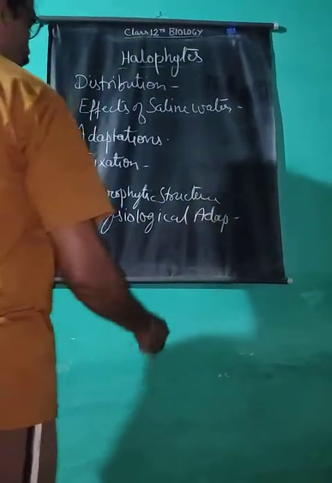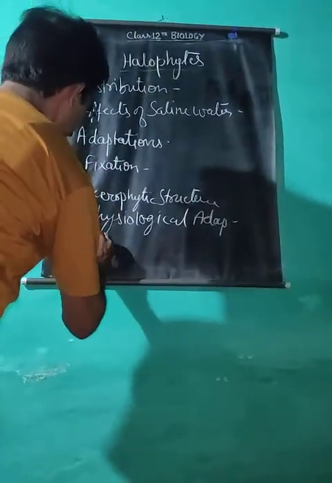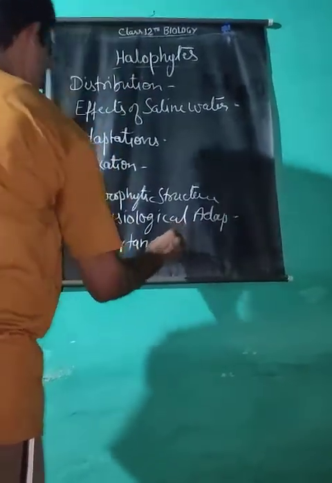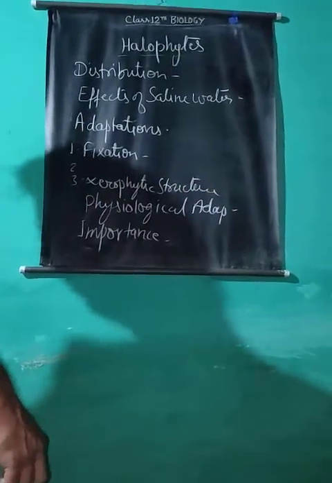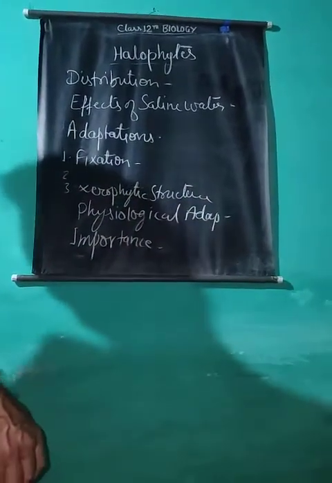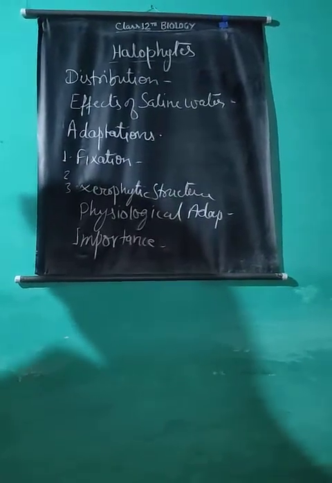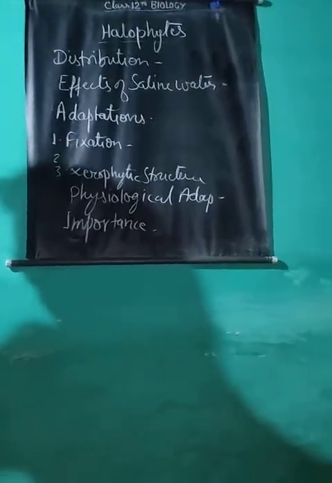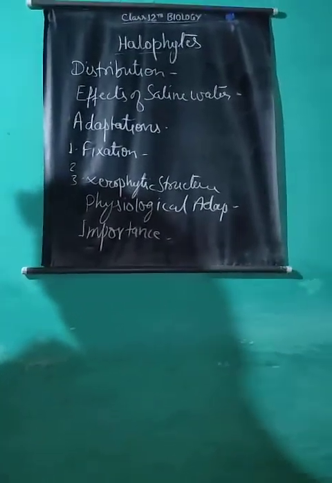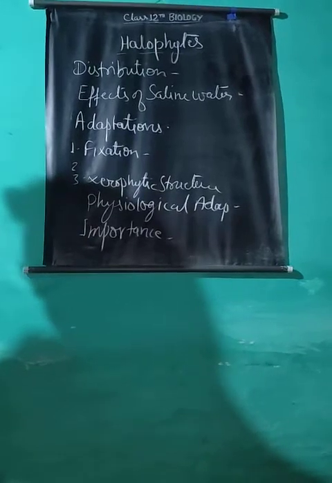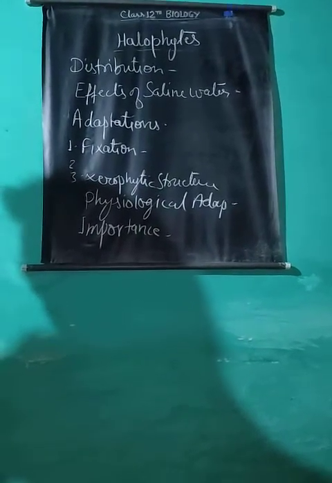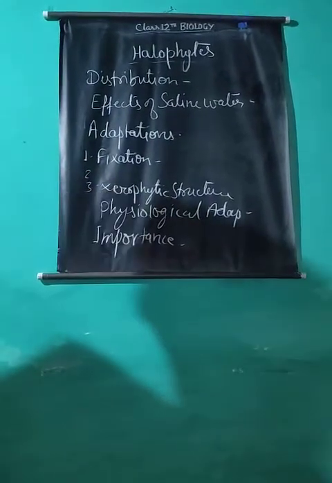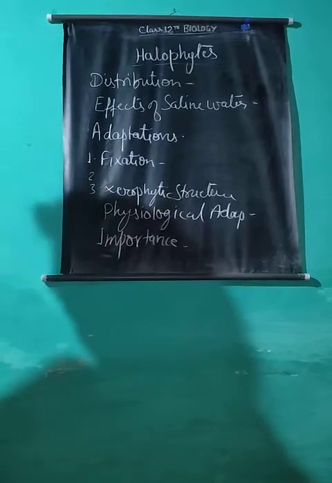Importance of mangrove plants. These plants are found mostly in coastal regions. Their respiratory roots form a net-like structure beneath the soil and thus check erosion of soil in the area. Branches are used as fuel. Leaves of certain mangrove plants are also used as fodder for domestic animals.